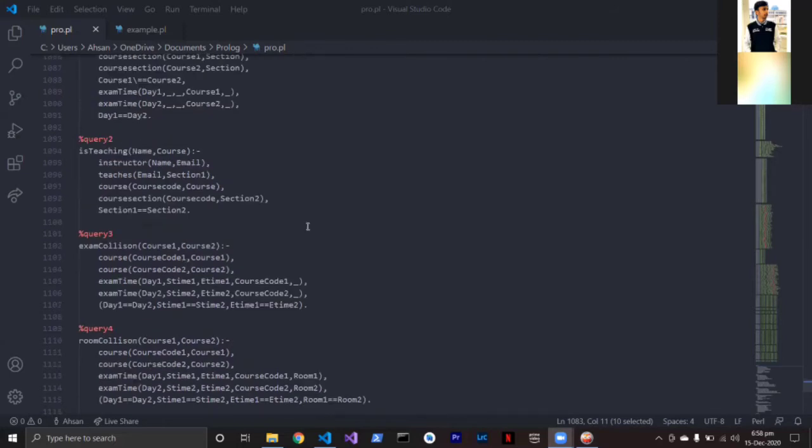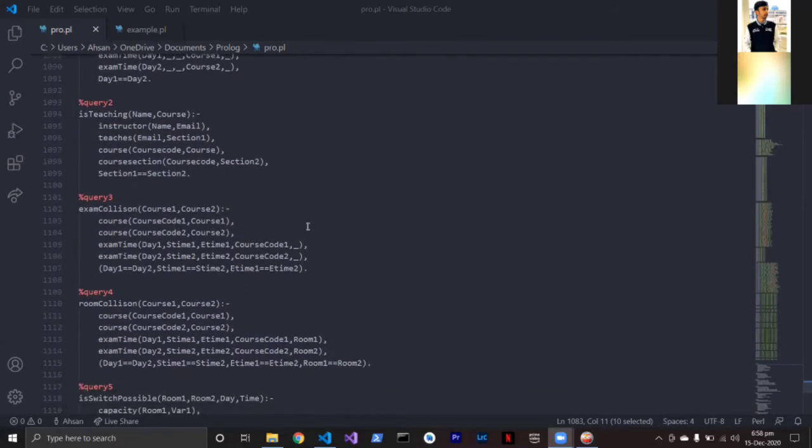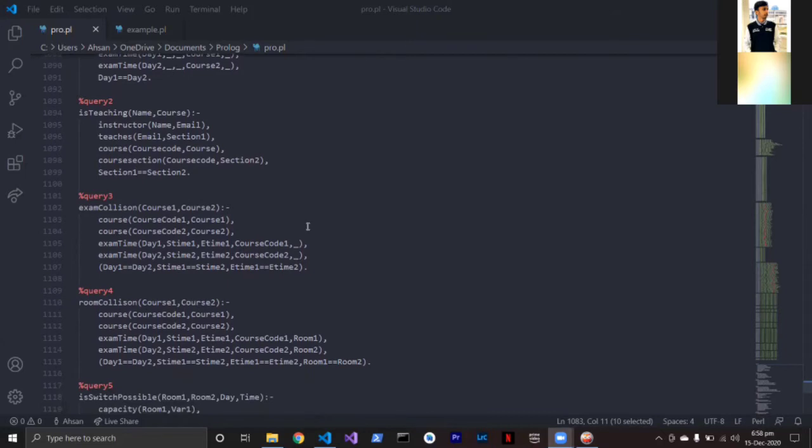Coming to our query number three, this tells whether two courses have a collision on a single exam day or not. It takes the names of two courses as arguments, and from those course names we obtain the course code of each subject. We then pass that course code to the exam time knowledge base, which returns the day, start time, and end time of that course. After that we just compare those